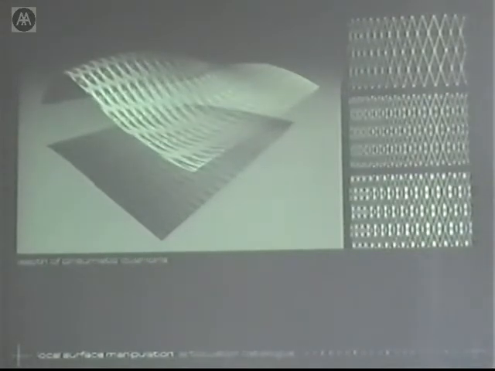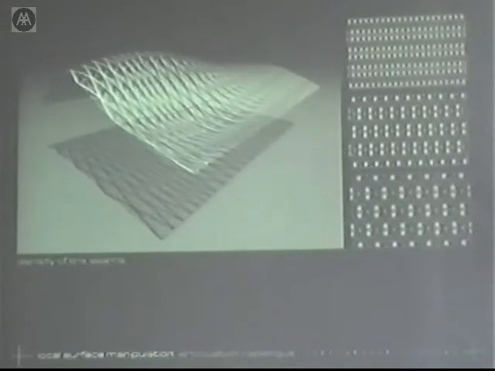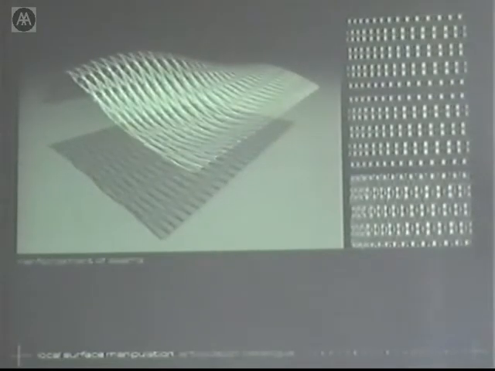So the first possibility is varying the translucency of the surface material, obviously. Then you can vary the depth of the pneumatic chambers. You can work with a change in density of the seams that creates different patterns of illumination. And obviously you can also have differential reinforcement of the structural seams.